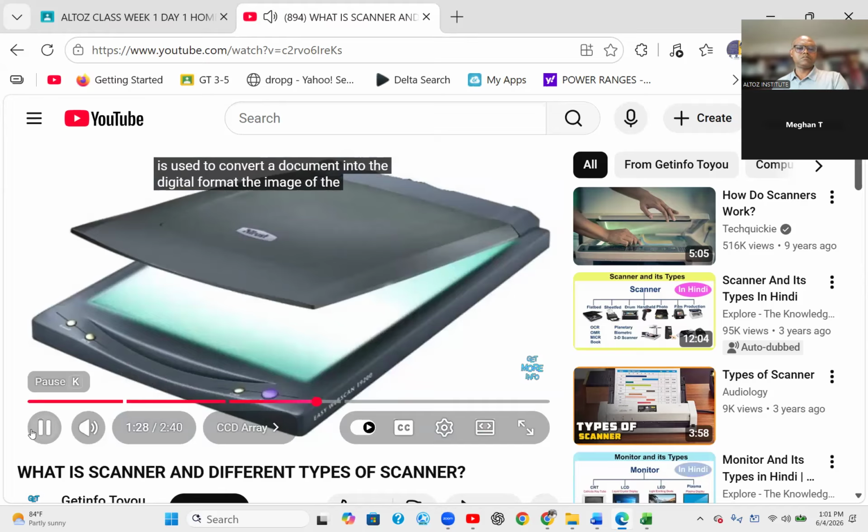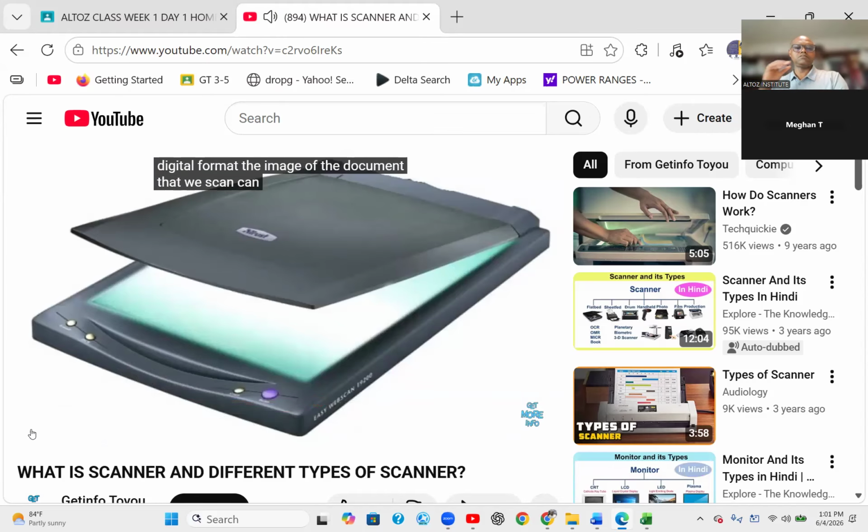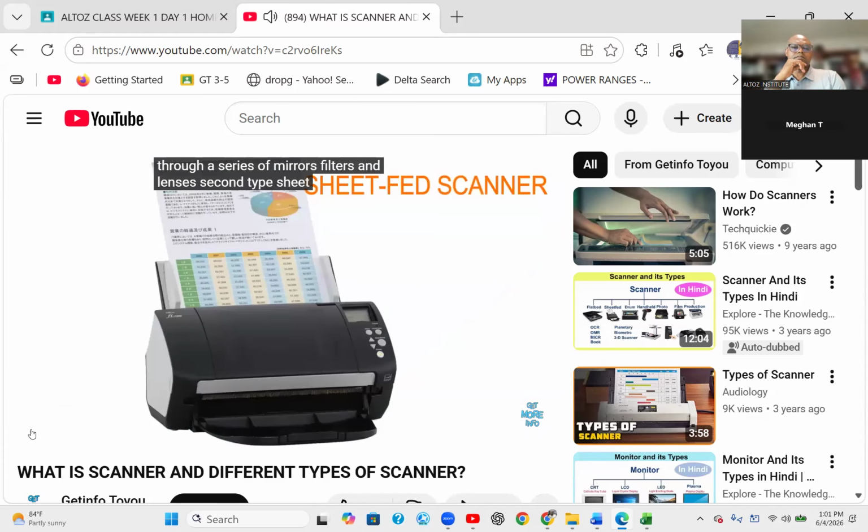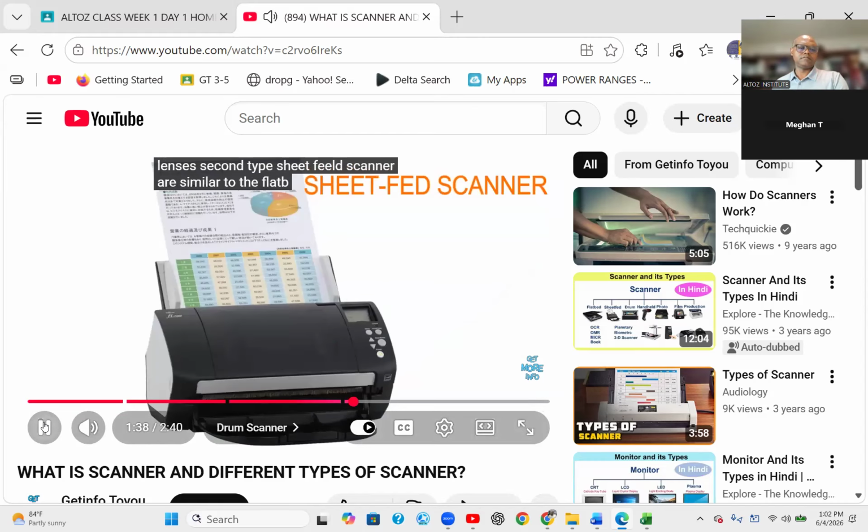The image of the document that we scan reaches the CCD array through a series of mirrors, filters, and lenses. Second type, sheet feed scanner, are similar to the flatbed. You see now the difference of the sheet feed scanner. You put the feed, that's what it says, feed, like feeding at home. You put the paper here, then anything that you have on that paper will be scanned